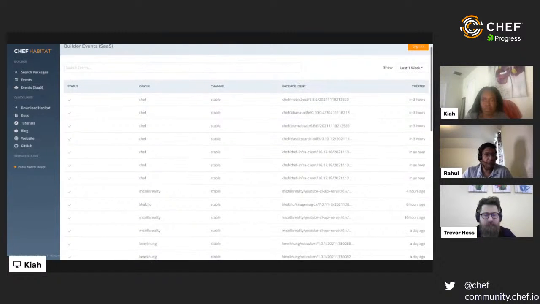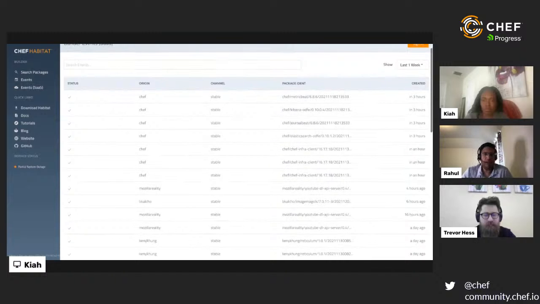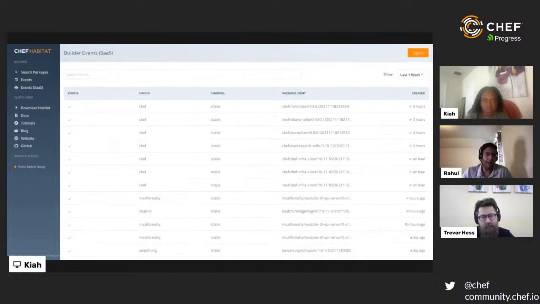As everybody can see, there are two tabs here: one is events, and one is events for the SaaS version. There are a bunch of columns we are seeing: status, origin, channel, package identifier, and the date when it was created.